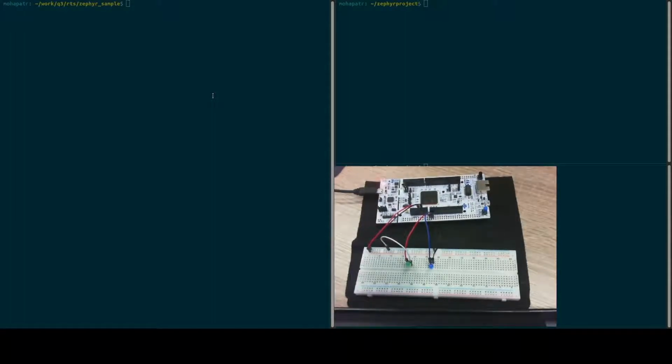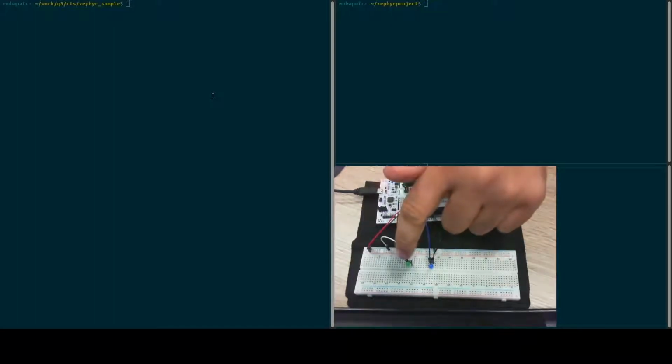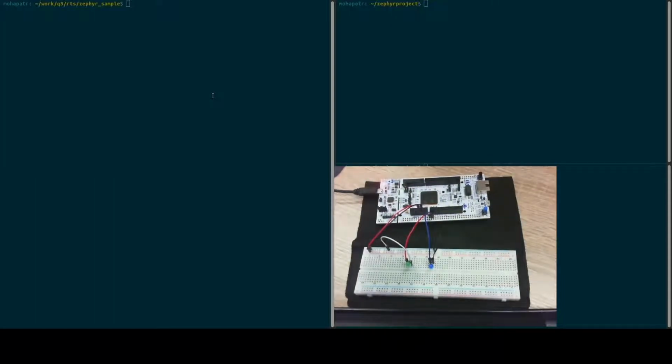In this demo, we will use an STM-based board that has Zephyr support to showcase a few workings of the kernel services of Zephyr. If you see, there are 2 LEDs here, and we will create 2 threads and assign each LED to one of the threads. Then we will synchronize both threads to show how synchronization can be done. And then we will also use this built-in button to show interrupt handling. So let's jump right into it.